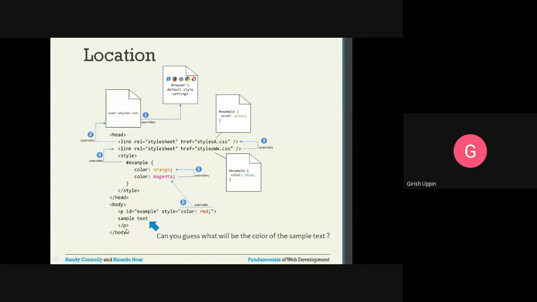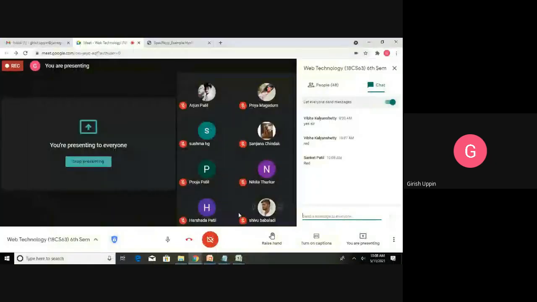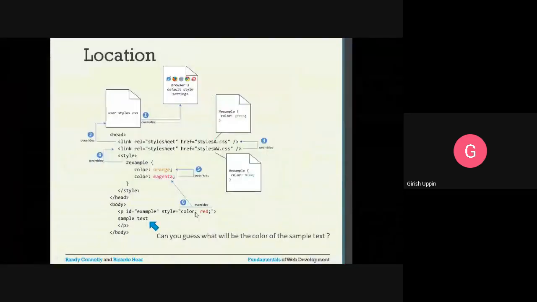That is why the color of this sample text would be red. That is correct. Sanket and Vibha, you are correct. Because whatever goes inline, location-wise, is the most specific location, and the most generic specification is either the browser default style or whatever is present in the CSS. This is how it will override.